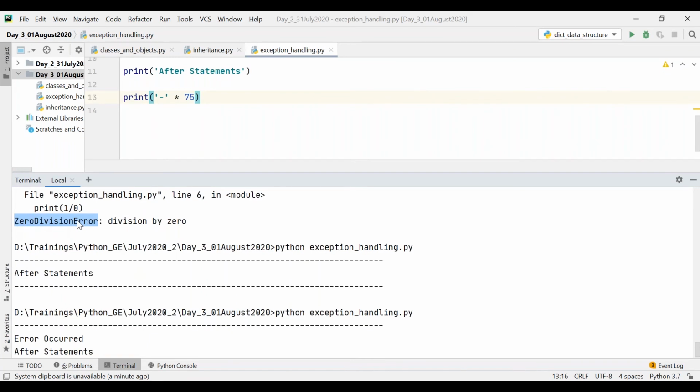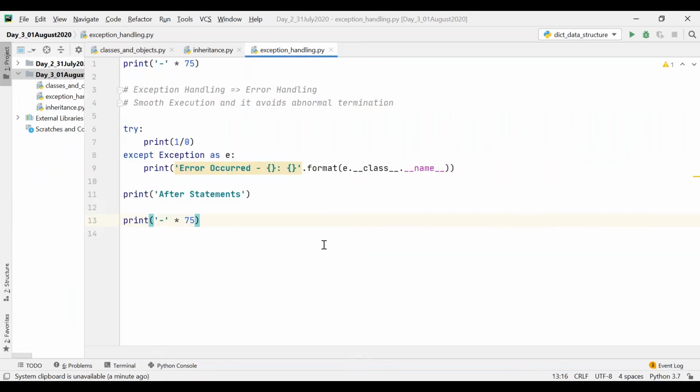If I want to retrieve the name of the exception, I have to use e.__class__.__name__. Then if I want to print the error message, I can just say comma e. So the exception name will be populated in the first placeholder, and the exception error message will be populated in the second placeholder.